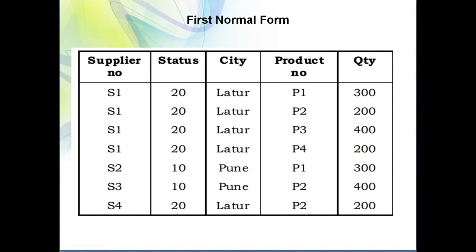Now what are the problems in this particular table? Is everything okay? No, here everything is not okay. Suppose I want to delete only supplier information, then ultimately I am also going to delete the product information. Suppose I want to delete the product information, I need to delete supplier information also. That means I can face a deletion problem. Suppose I want to insert the data of only a supplier, but I don't have any information about the product, so an insertion problem is also faced. So that problem we solve in second normal form.